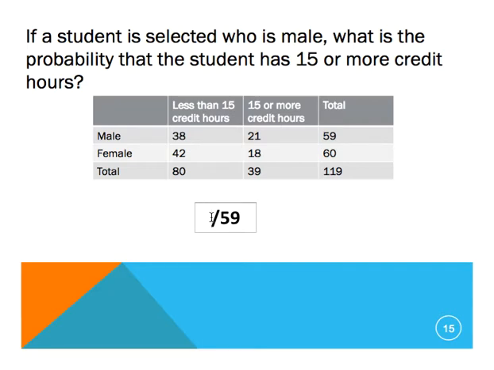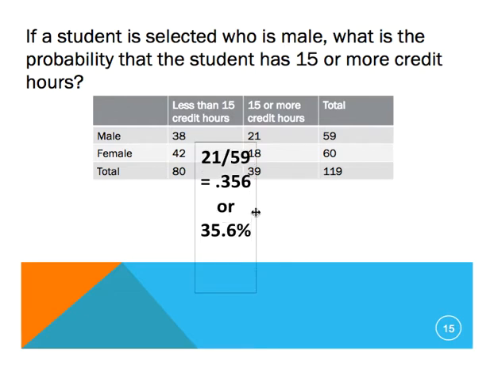And then out of those 59, I look to see how many students have 15 or more credit hours, and there are 21 of them. So in order to do our answer here, we could leave it as a fraction, right? But you want to make sure that you pay attention to how it's asking for the answer. So this one, if we change it to a decimal, we get something like 0.356, or I could put 35.6%